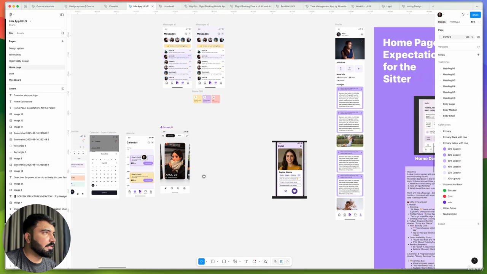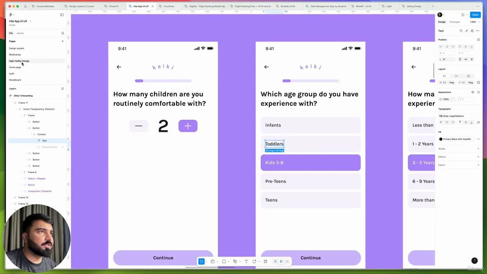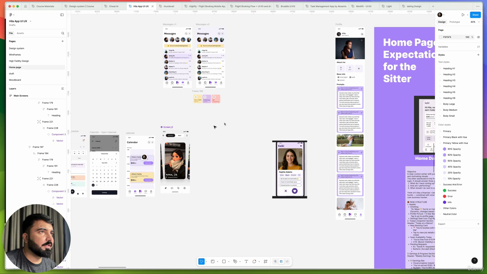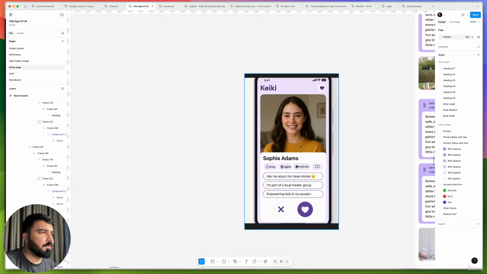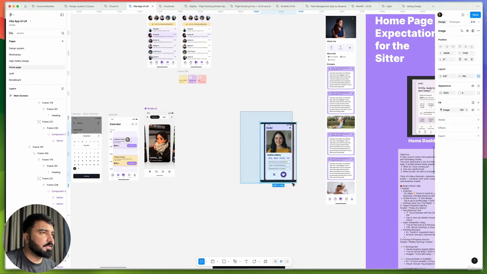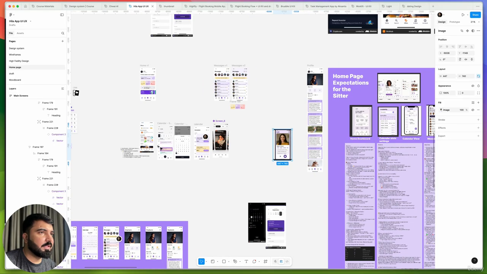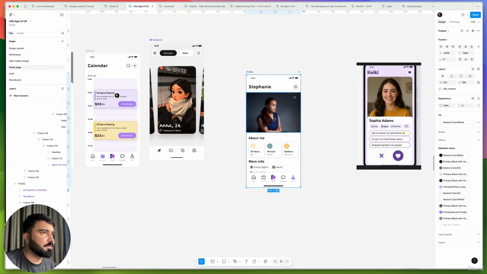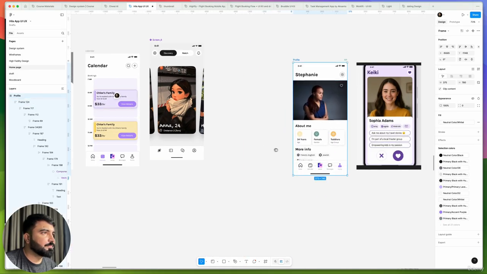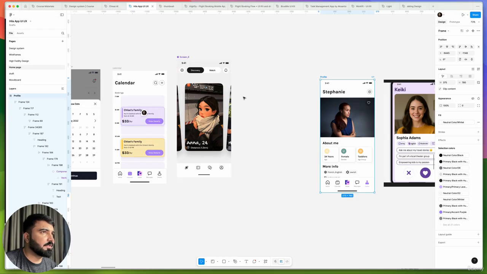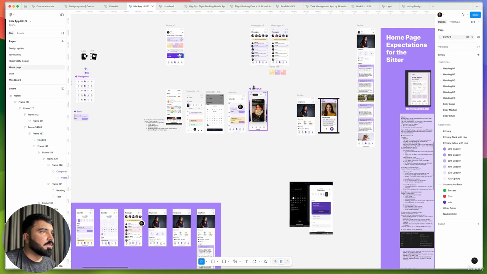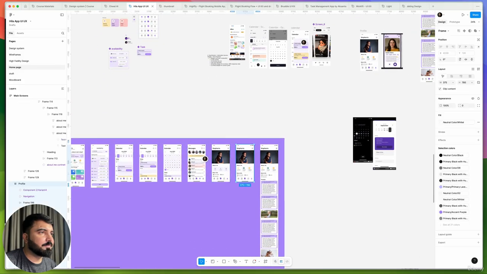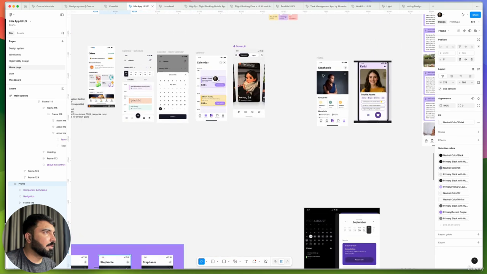Now what I can do is I will go ahead and just copy one of the profiles. Even we can use the profile that we have for the sitter. Yeah, this profile we will use, maybe this one. Okay, we can use these details from here. And now I will go ahead and start creating this screen. Okay, so for this screen I will go ahead and, if I already took that,